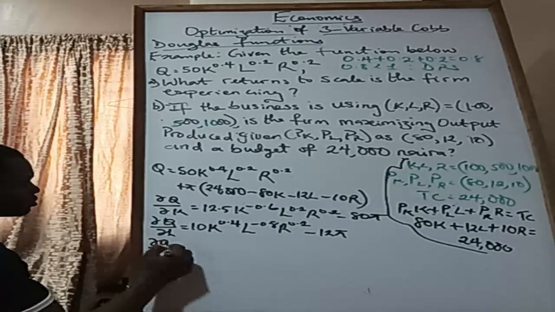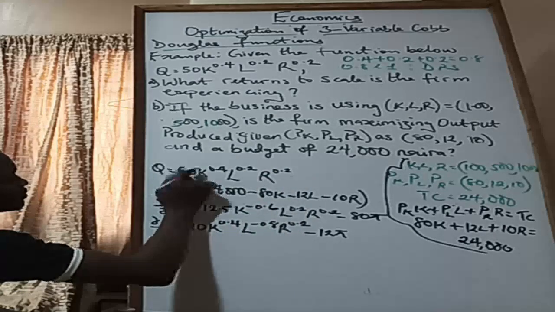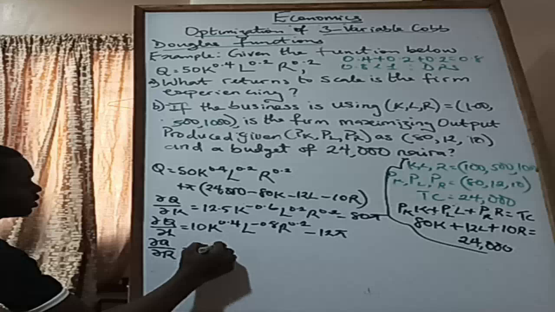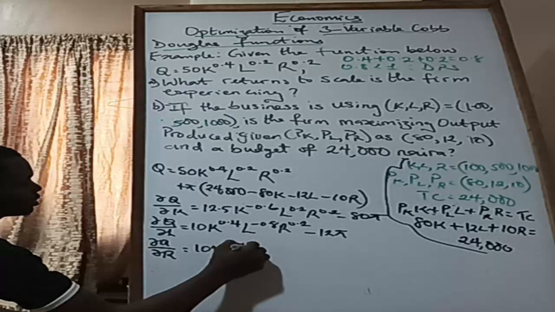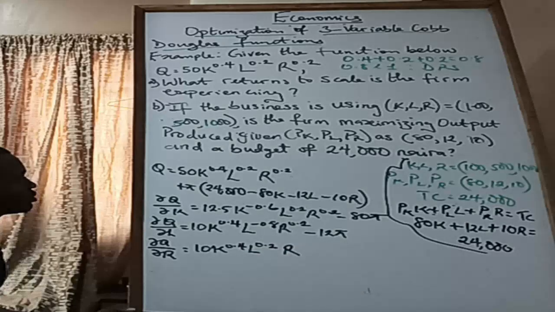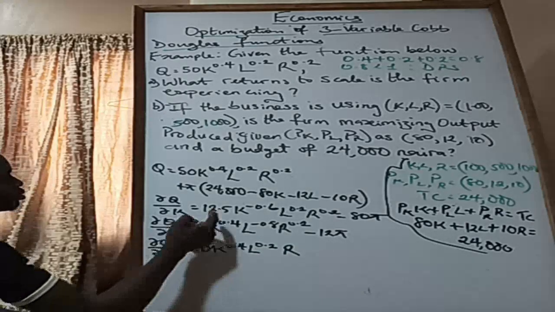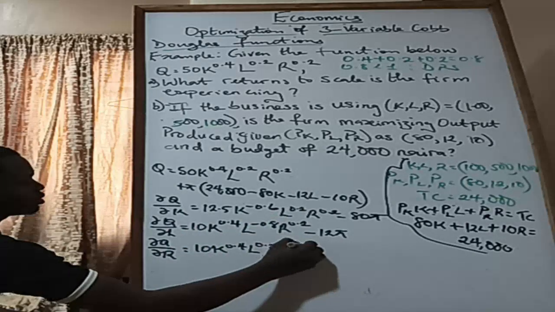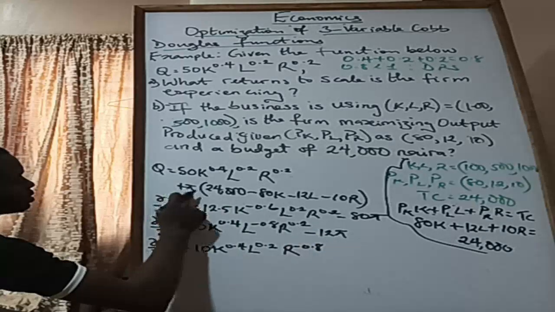Then dQ/dR, 0.2 multiplies 50 again, so 10 K^0.4 L^0.2, and since they are differentiated with respect to R now, R is 0.2 minus 1, minus 0.8,